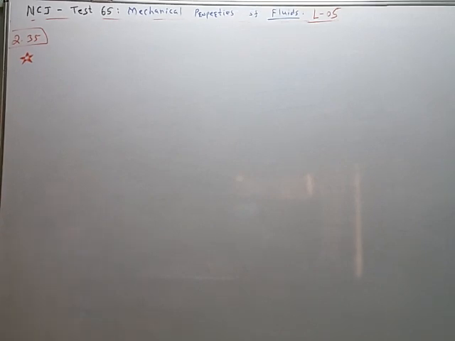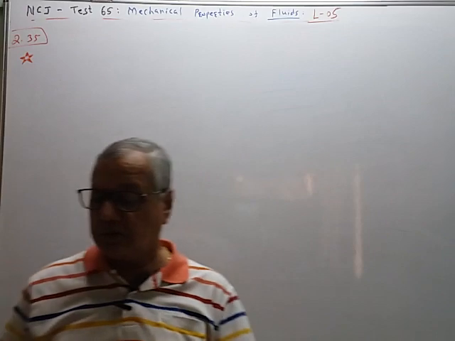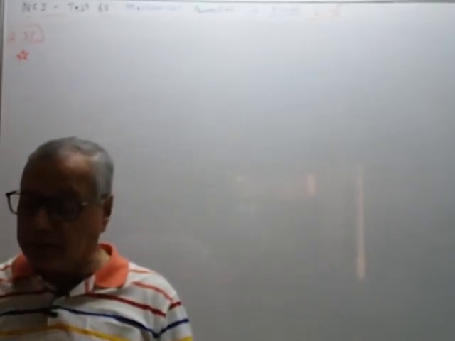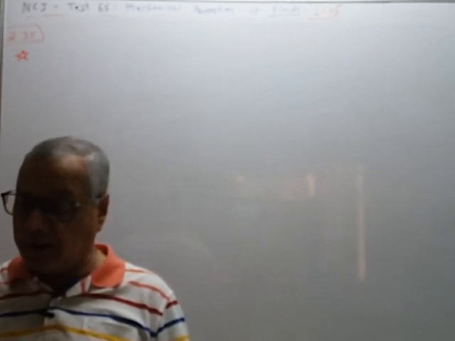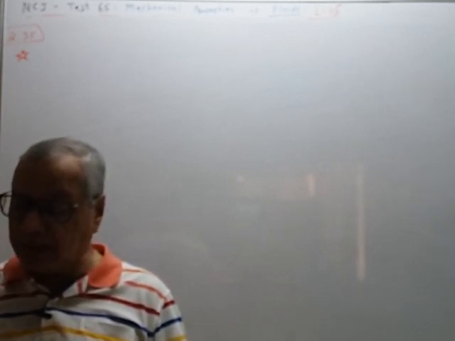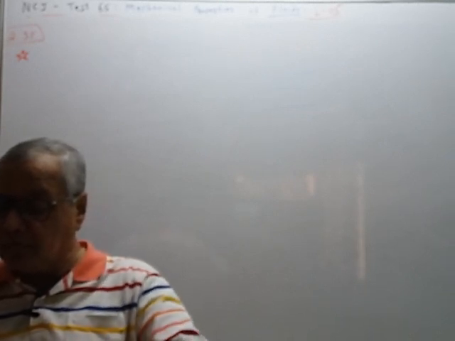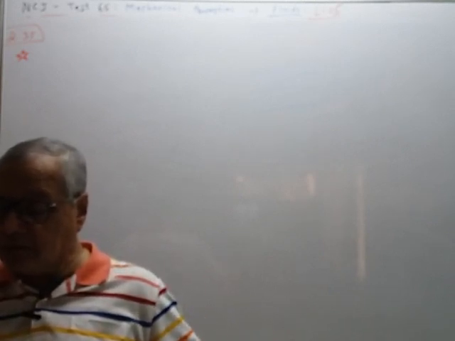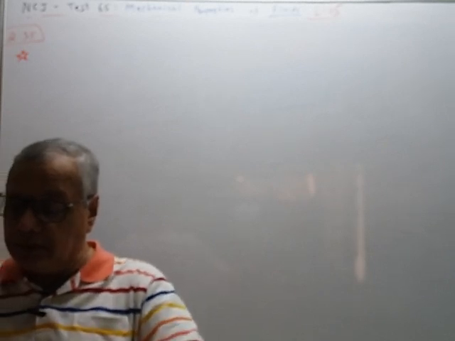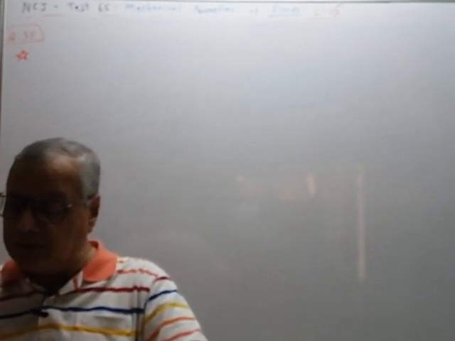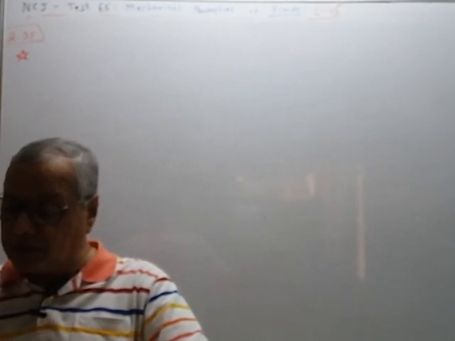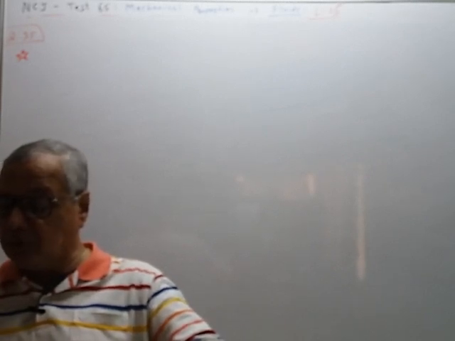Next, 35. Start. Why? That you will see in the problem. A glass tube 80 centimeter long and open at both ends is half immersed in mercury. Then the top of the tube is closed and it is taken out of the mercury. A column of mercury 20 centimeter long then remains in the tube. The atmospheric pressure in centimeter of Hg is equal to.